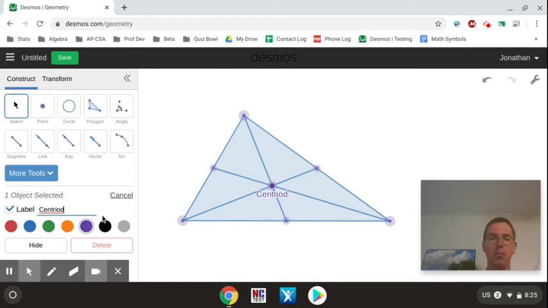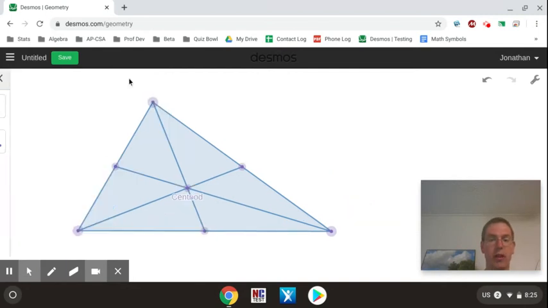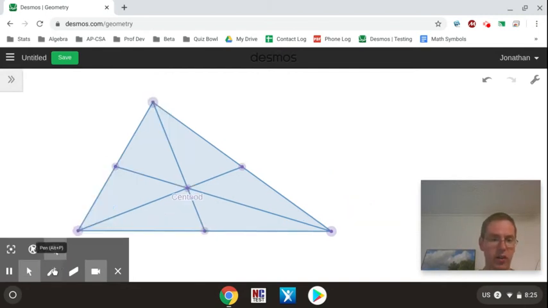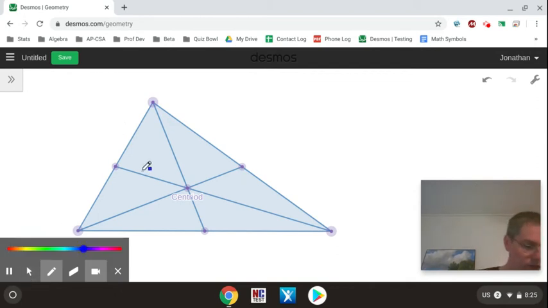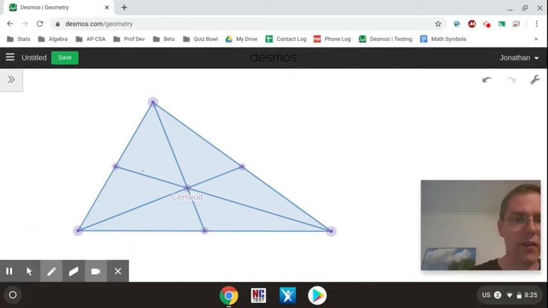But probably what's more important about the centroid, for our purposes, is some problems we can do. So just know that the centroid is the place where the medians intersect, and I'm going to show you a couple of examples of problems we can do based on the centroid. Let's go ahead and,